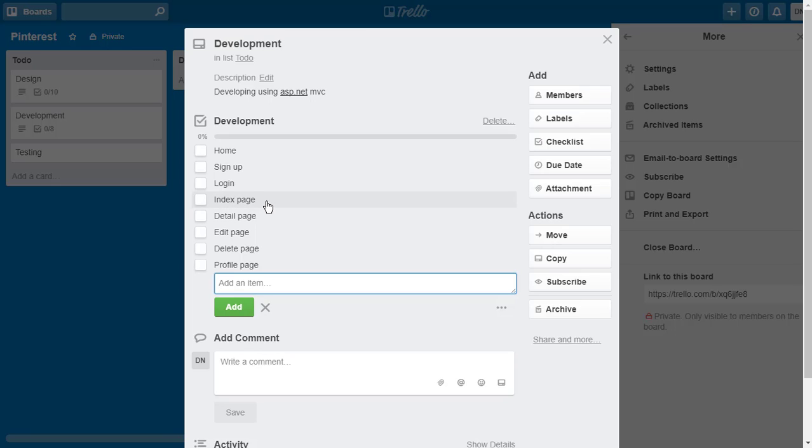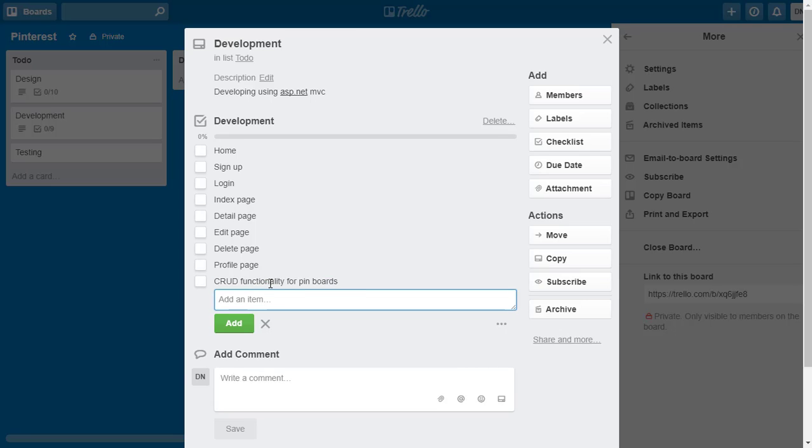Login, index page, and CRUD functionality for pinboard, profile page functionality,